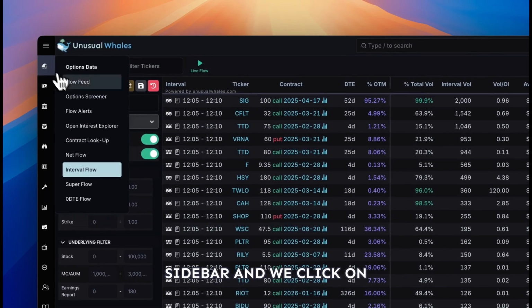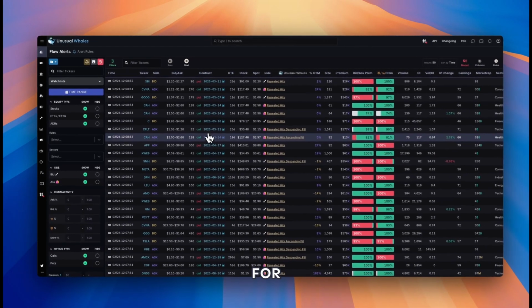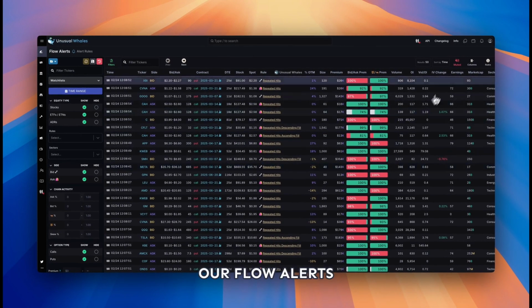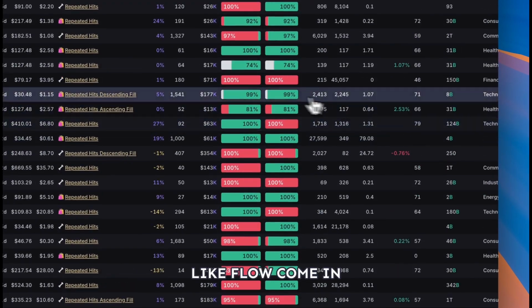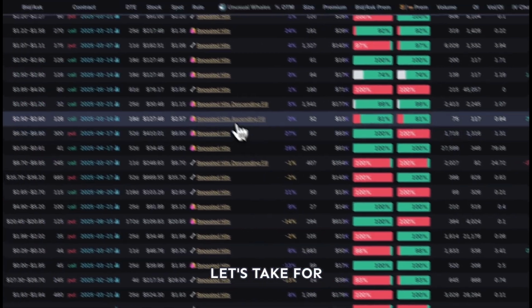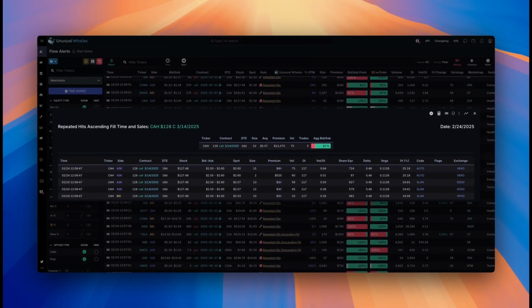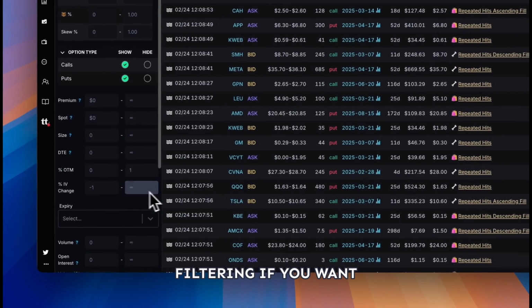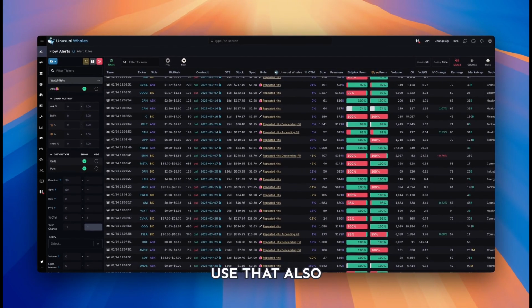So if you go to the sidebar and click on flow alerts, you can see that we have the same column, IV change, here. And whenever there's flow coming in, let's take for instance this one, you can see that the IV has changed from 24.56% to 25.18%. Again, here you can also apply your own filtering if you want,